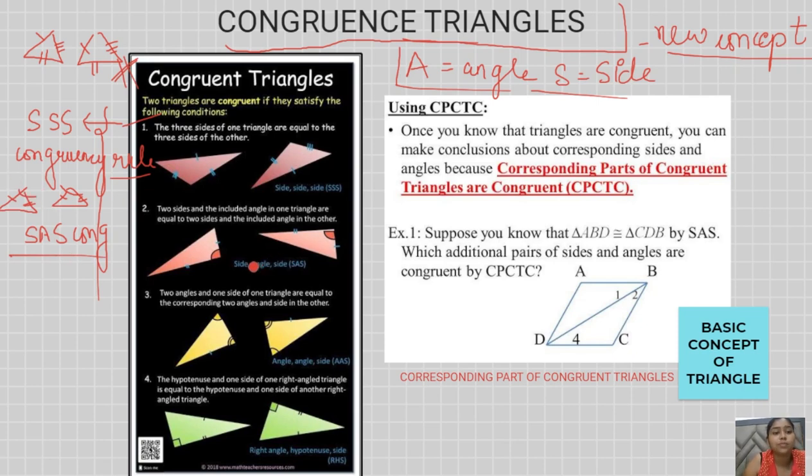One more thing that I'll explain later, but I have to tell you, note that whatever congruency rules I am telling you or you are studying, they must be corresponding. For example, in the case of the SAS congruency rule, you can't just consider this side, this angle, and then this side. This is not at all acceptable.